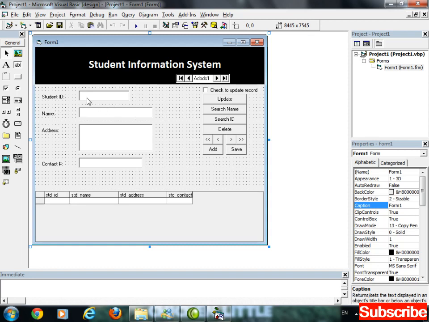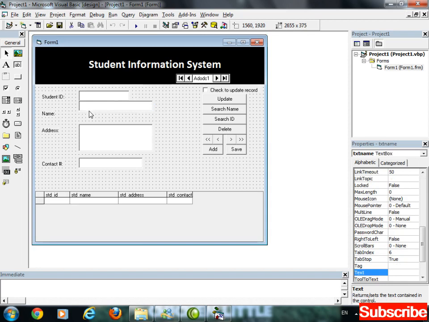Now set the alignment of these text boxes. Move this one to top.